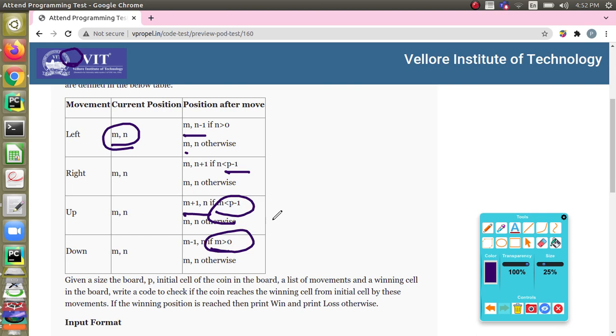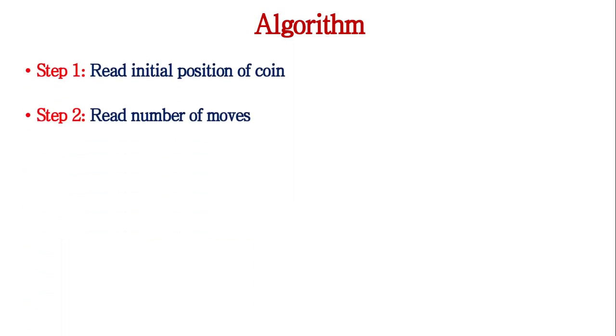So let's see the algorithm for this problem. The first step is to read the initial position of the coin and then read the number of moves. In this problem, you will be given the initial position and a number of moves, and you will be reading each and every move one by one. If it is L, then you have to make a left move. If it is R, then you make a right move. If it is U, then you make an up move, and D means a down move.